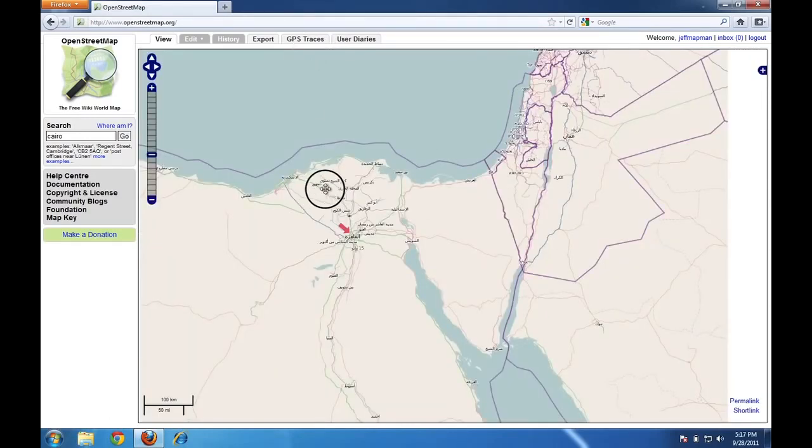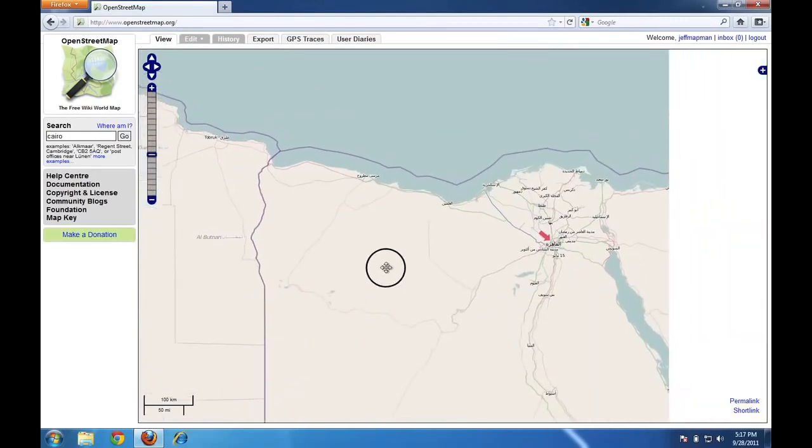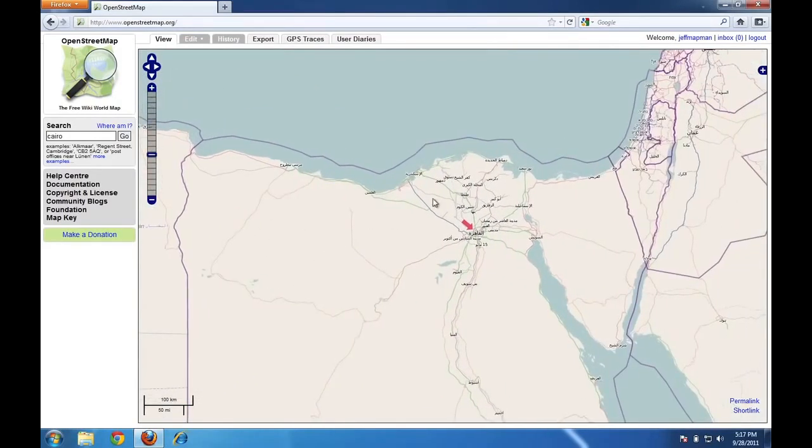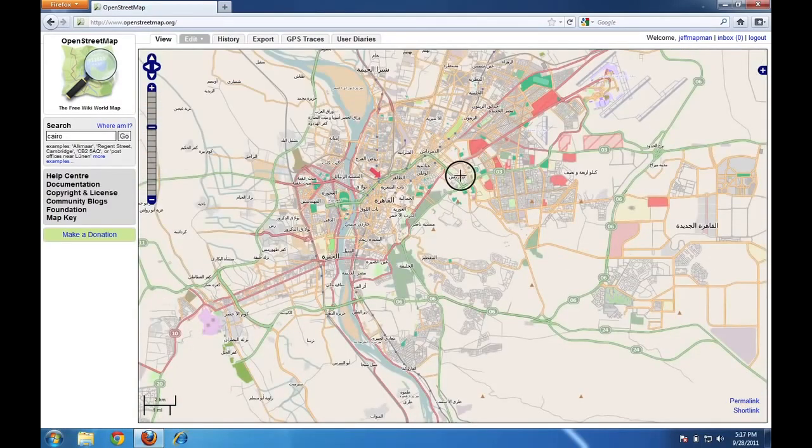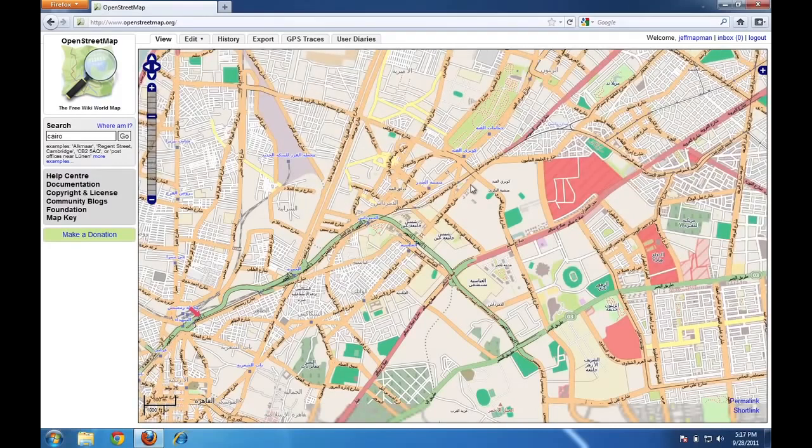Now, a couple more things that we can do with the map. Let's say that we want to send a link to somebody of a location on the map. So I'll just zoom in here to Cairo and find a nice neighborhood. Okay, so let's say that I want to send this link to somebody so that they can see this place